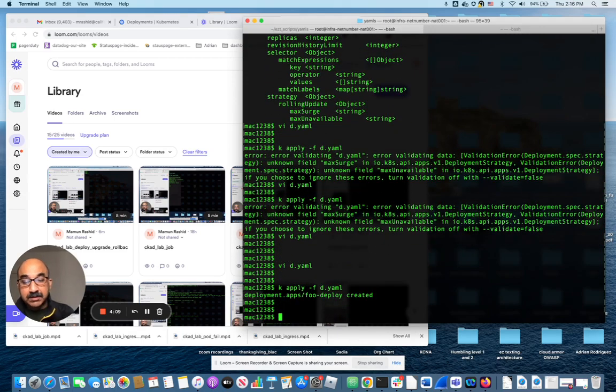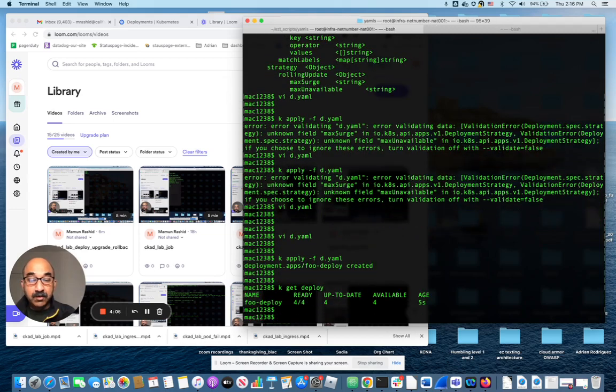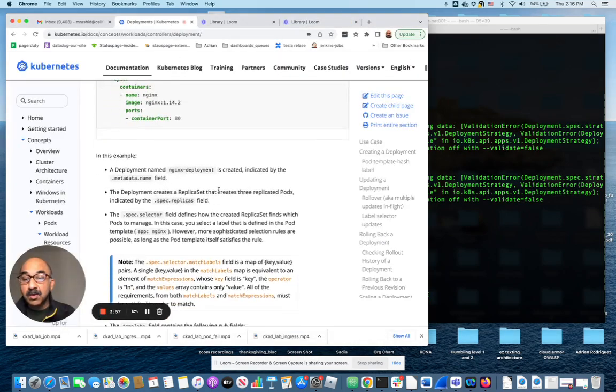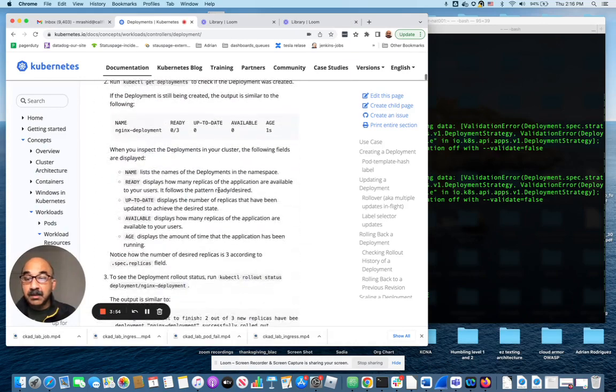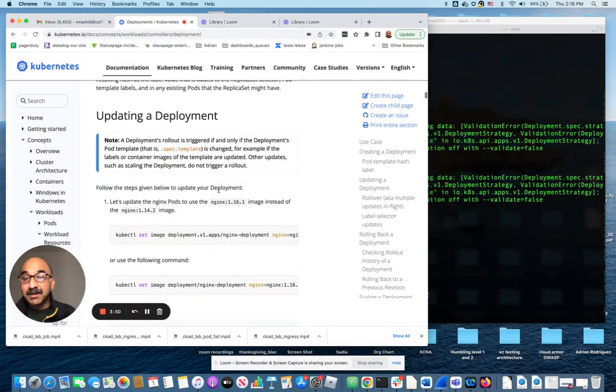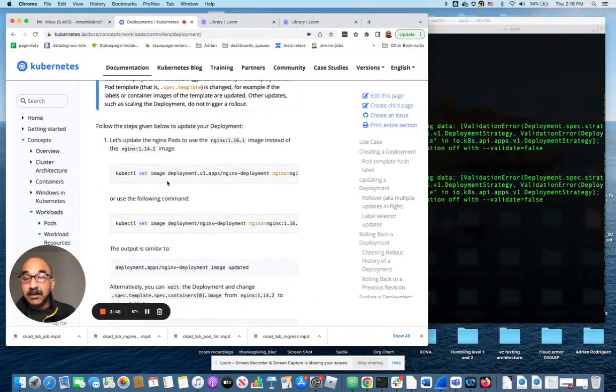Okay, so let's look at deploy. It's already running. You see 4 of 4, so that's good. Now let's see how we can upgrade this. If we go through the documentation here, there's this whole section on upgrade and downgrade. So there's updating a deployment. Literally, you set the image parameter of the deployment to make it happen. So this is the command. All we have to do now,